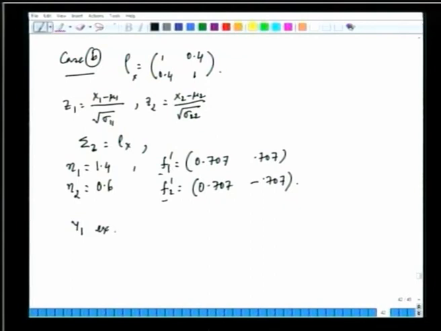What is y1 and y2, that is trivial, we need not write, but let us write here also. y1 is nothing but, if you want to write in terms of z1 and z2, I should write it ideally as 0.707 z1 plus 0.707 z2. These are to be replaced by x1 and x2, and y2 is 0.707 z1 minus 0.707 z2, and y1 explains,